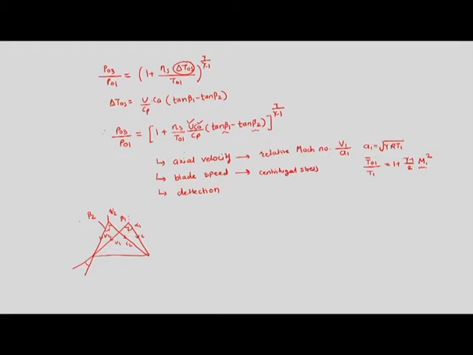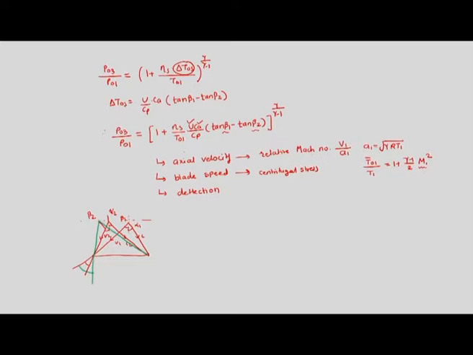Now if we want to have higher deflection, then our velocity V2 should be in a different place. So we can have V2 to be like this. If V2 is like this, then we can see that there will be more deflection. If there is more deflection, then there will be more pressure rise. Obviously we would also have more delta CW in this case, so there will be more work absorbed and then more pressure rise.